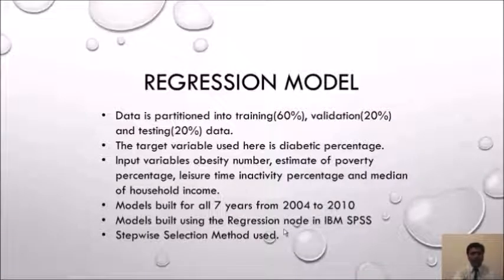Okay, now let's come on to the regression model. This is personally my favorite, because it is pretty simple to explain and very easy to understand. All the regression model does is give us the linear equation of the input and output variables, in the form y equals m0 plus m1 x1 plus m2 x2 plus m3 x3, with m0, m1, m2 being the regression coefficients or regression betas, x1, x2, x3 being our input variables, and y being our output variable. For building this, we've used the stepwise selection method.